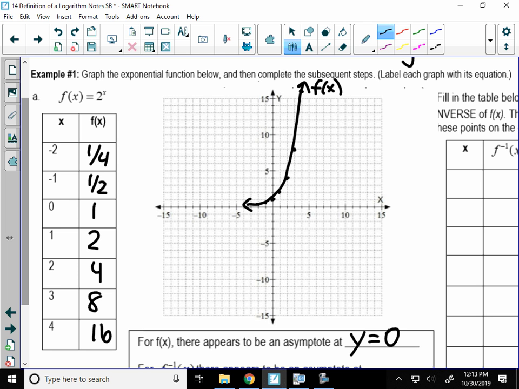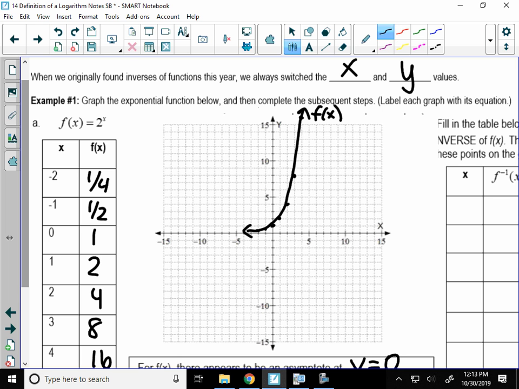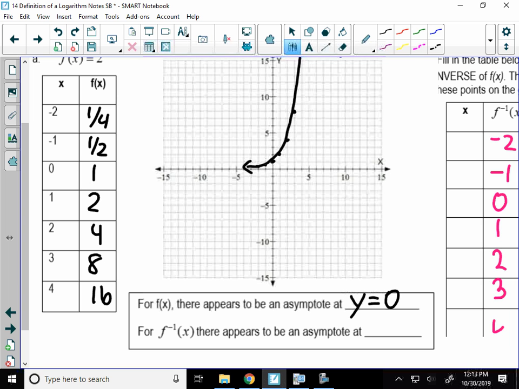All right, now we're going to graph its inverse. And we set up above that you graph an inverse by switching the x and the y values. So I want you to take a minute and take this table on the left and swap the x and y values. So all those x's, negative 2, negative 1, 0, those are going to become your y values over here. And all the y values are going to become your x values. And then after you swap those x and y values, that table is the ordered pairs for the inverse function.